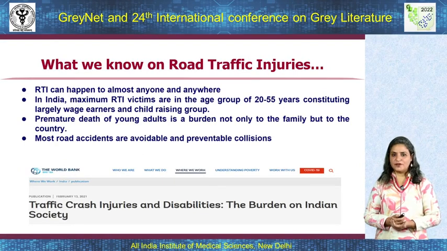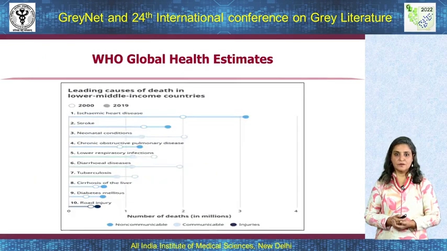We know accidents happen anywhere, anytime. Most road accidents are avoidable and preventable collisions. The most heartening thing is when the young people die. They are the wage earners, and the burden that the family and the country have to face. This particular chart again shows that road injury is the 10th leading cause of death in low and